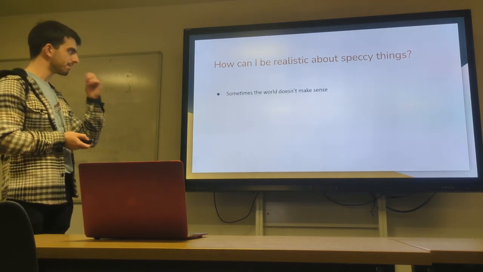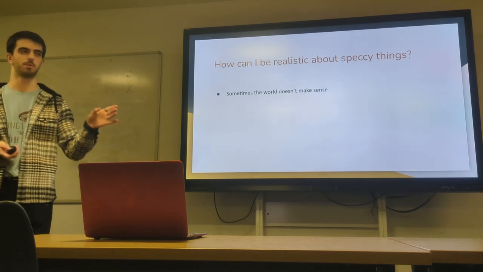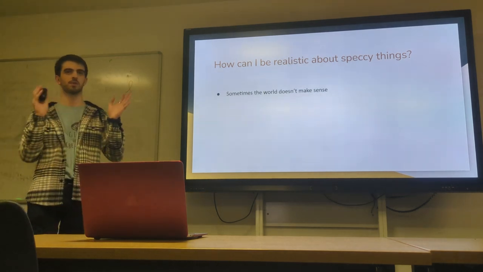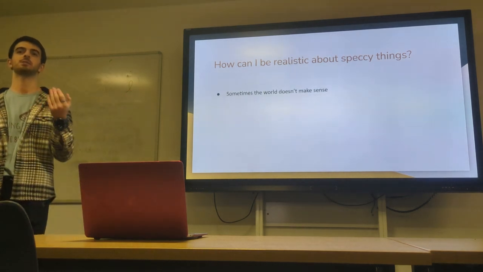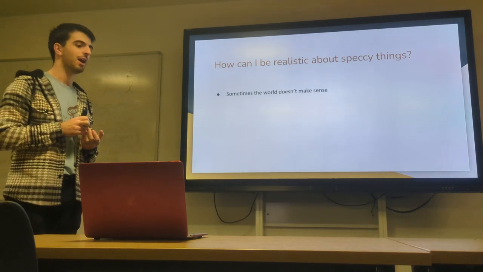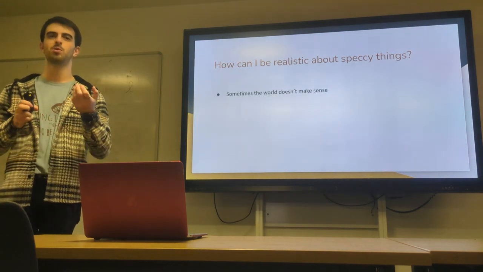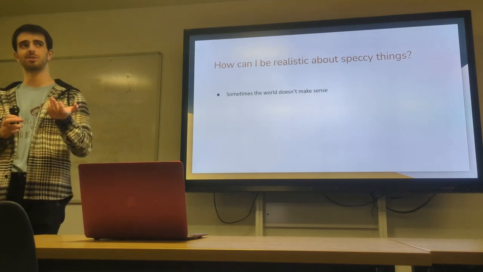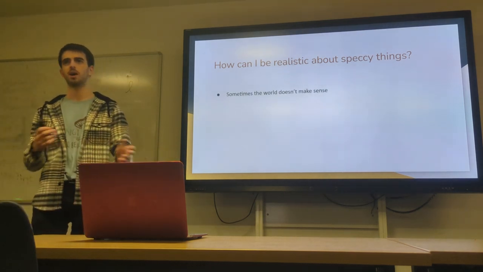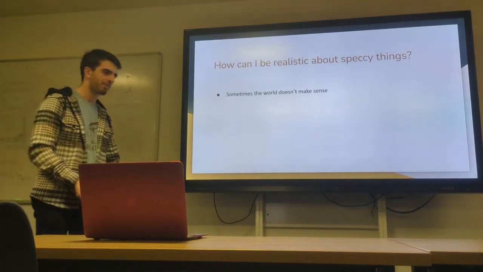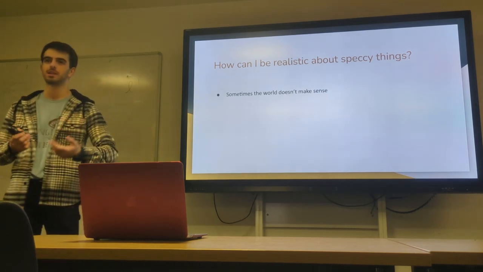So, notice, and this is the key problem that we have to try and solve here, sometimes the world doesn't make sense. And sometimes you cannot explain a thing that is true in the world without bringing in spec, because there are no real structural reasons that you can think of, and all the structural reasons are based on other spec, and then that spec goes back thousands and thousands of years, and you can't explain that in 7 minutes.